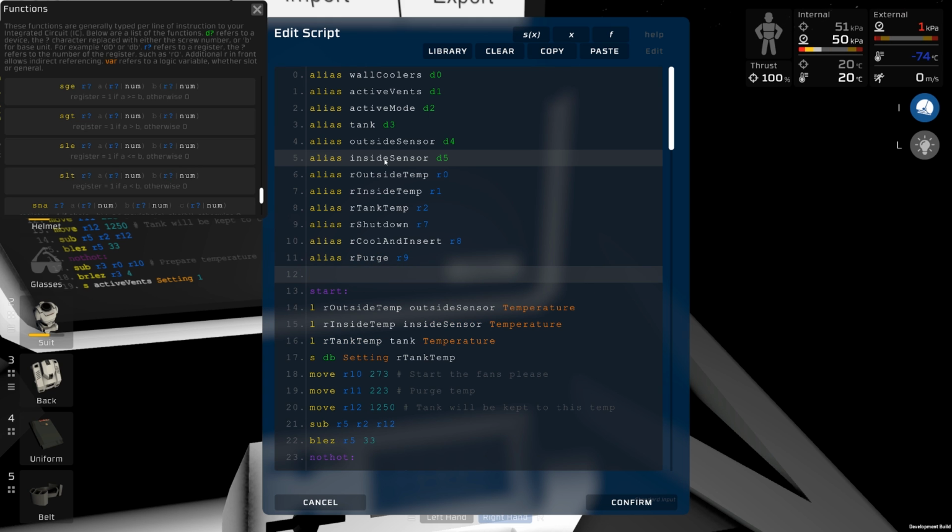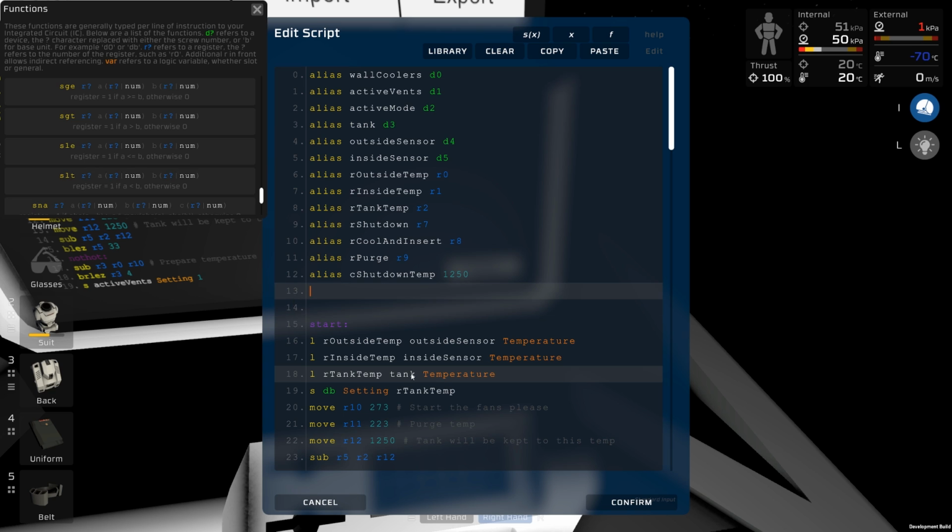I know there's a lot at the start of the program when you do this, but it just means you can deal with it in a more common sense English sense if we do it. So let's just say shut down, so let's just say constant. Well, I'd normally just use this in capitals, but let's just use C. So shut down temp is going to be 1250. Okay, that does work. And let's just put a couple of others, or at least the syntax highlighting is saying it should work. And then we want to say R10, so we want the constant of, let's say, I don't know,